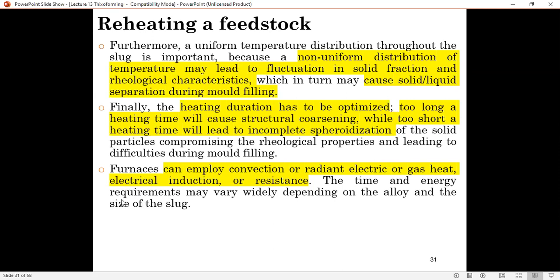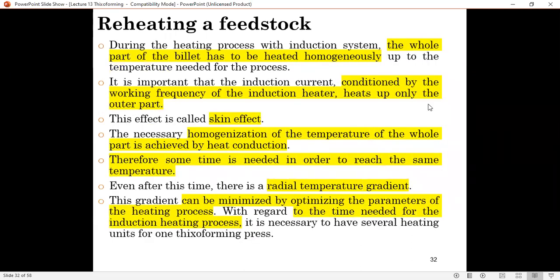Usually the heating is done using a furnace or heater. Usually radiant electric, gas heat, or electrical induction or resistive heaters are used. The important thing is you have to make sure that the billet itself is heated homogeneously. For example, if you use an induction heater, the induction current is conditioned by the working frequency